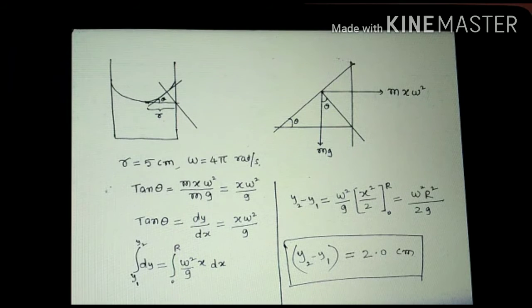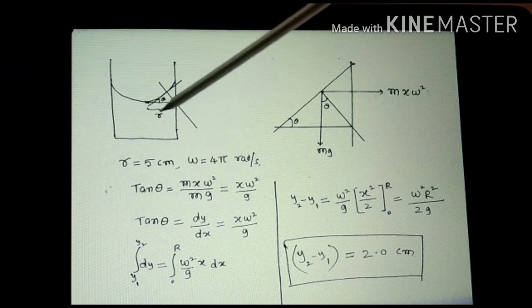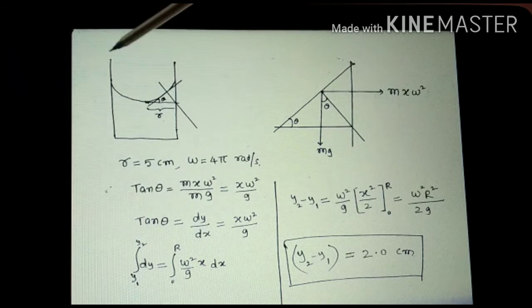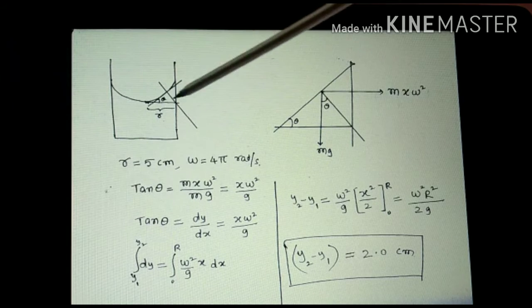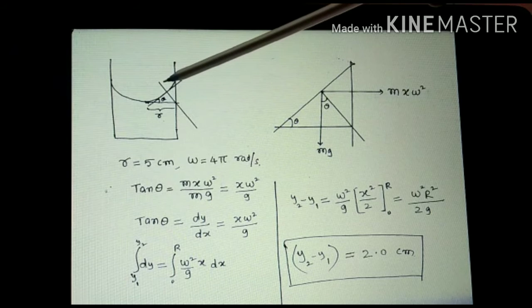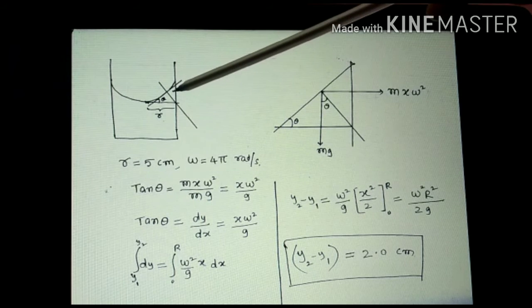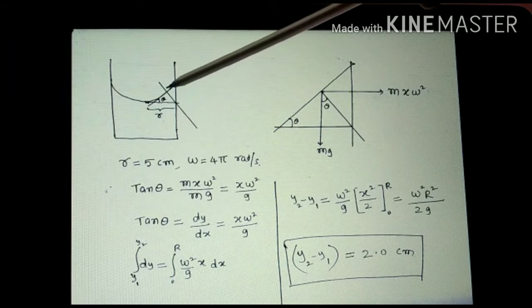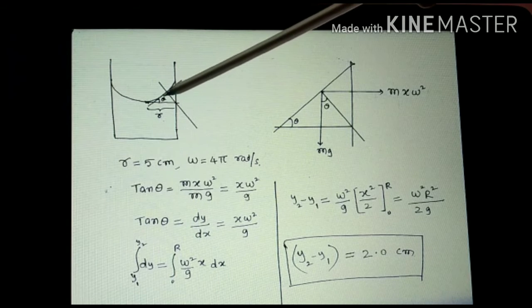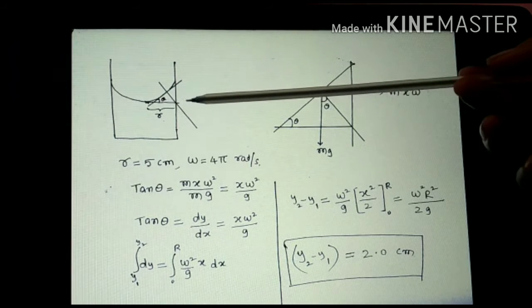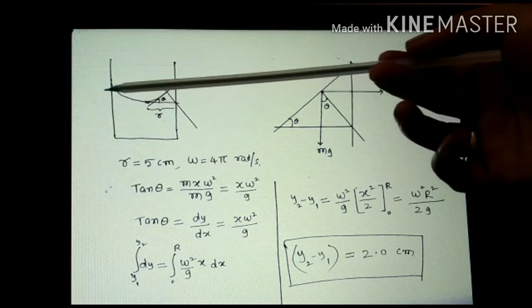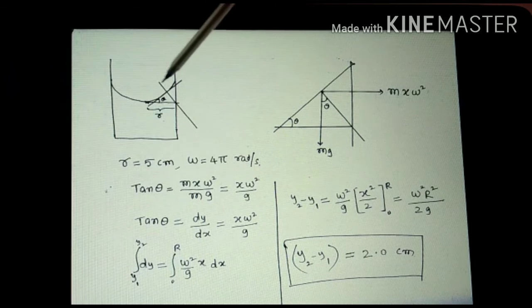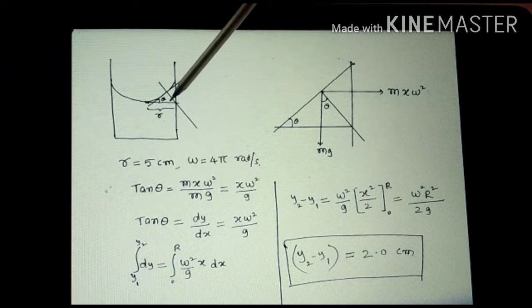The beauty here, you have to use the mathematics very cleverly. It is just like a curved shape, no? Water is raised up, curved shape. Just like it is looking like a parabola, but it is not a parabola. So it is raised up, no? So I am taking a tangent to this curved surface at some point. Tangent making angle theta with horizontal. The horizontal line is passing through the center of the circle. So with that I am drawing a tangent to this curve. It is making angle theta.